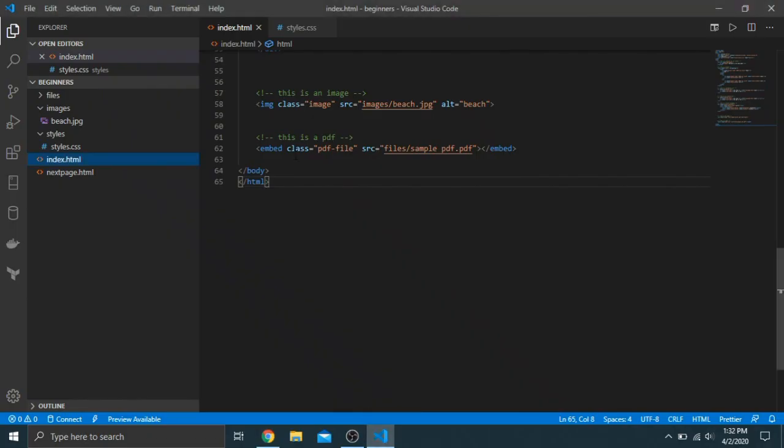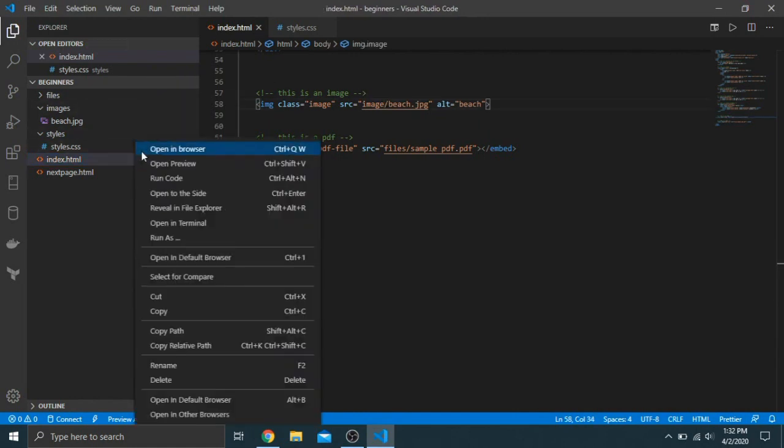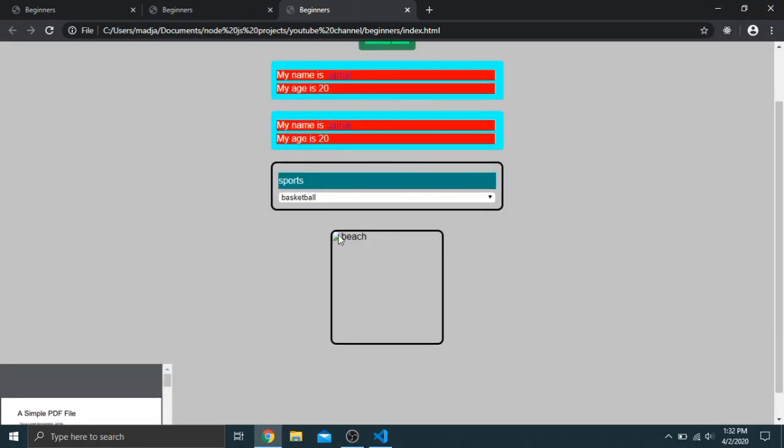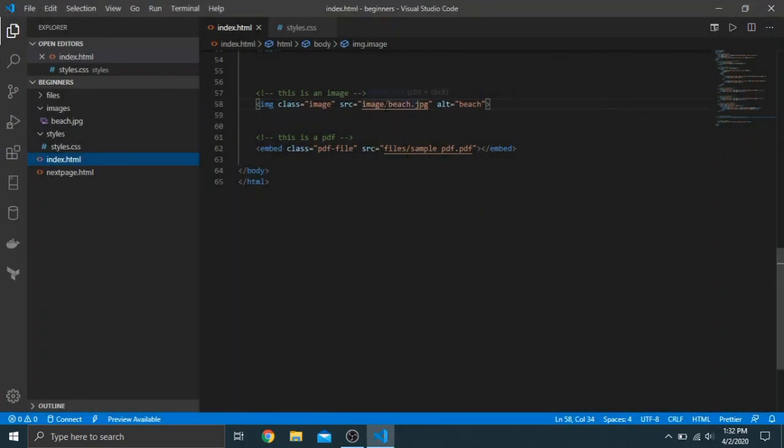For instance, let me skew the image really quick and mess it up. Let me just take the S off and save it. And then if I run this, you can see we actually get the alt name instead inside of there, which is beach, just to show you that as well. Okay, so now